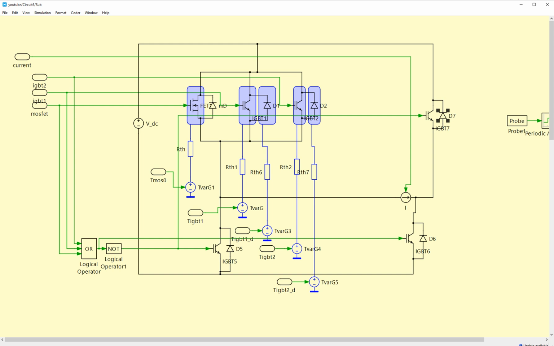Because, as I said, I had a duty cycle of 50%, for the rest of the switching period none of these devices is activated. So the only way for the current to flow, if it is positive, is to flow from this diode through this diode and then back to the DC. Okay, I'm saying this because